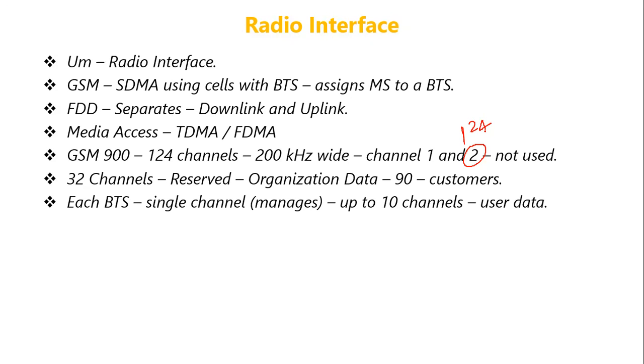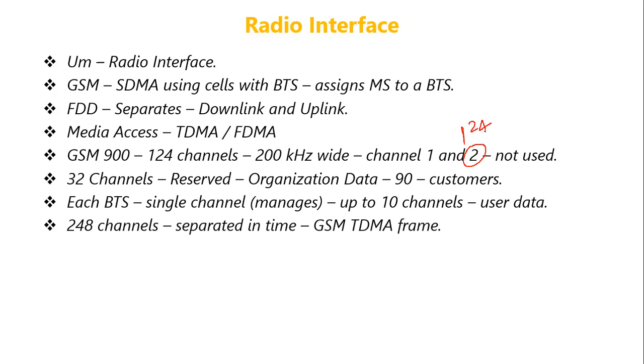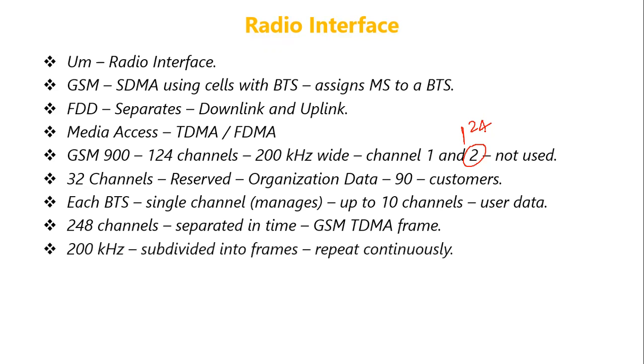Each of these 248 channels is again separated in time through a GSM TDMA frame, because there should be a guard space. Each 200 kilohertz carrier is subdivided into frames that repeat continuously, and the duration of each frame is 4.615 milliseconds,